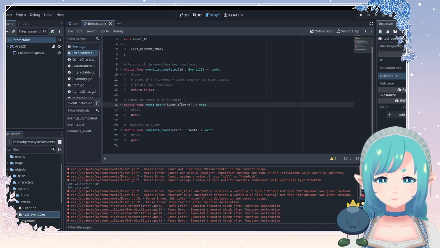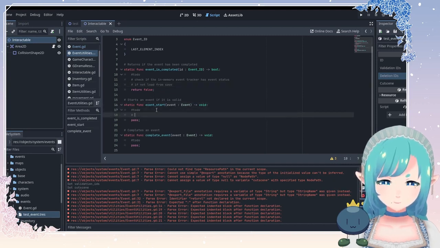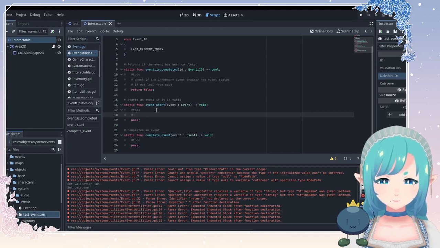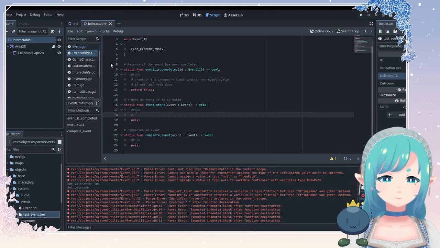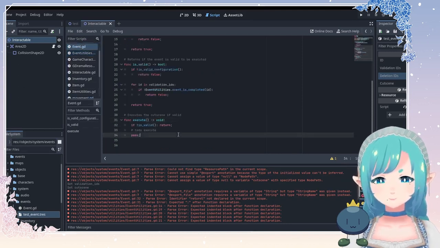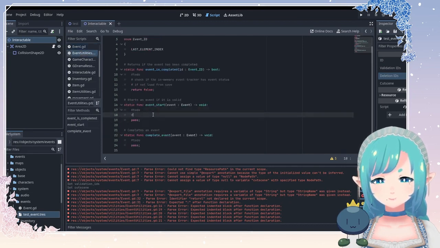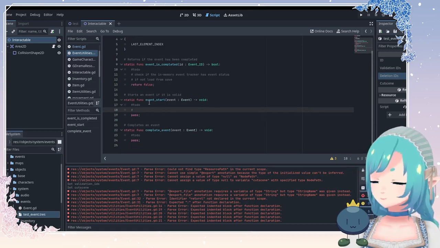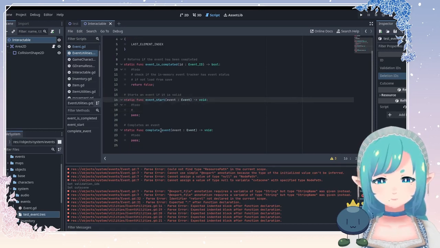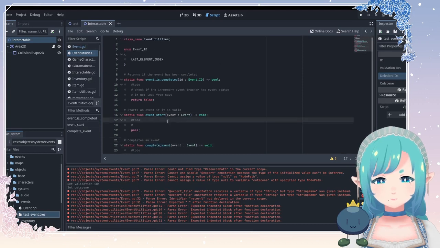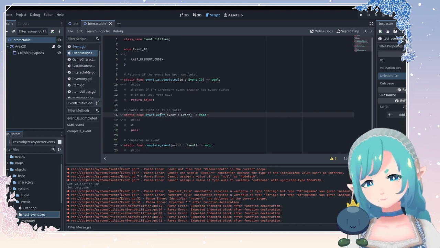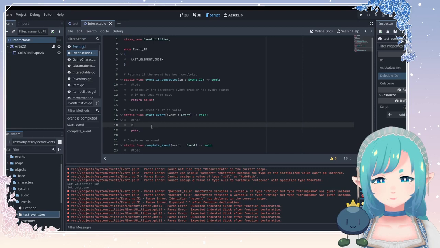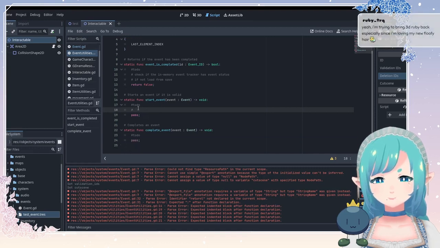Okay, and then starts an event if it is valid. So to do, event, if complete event. Okay, so to do if it is valid, so what we have to do here, yeah,